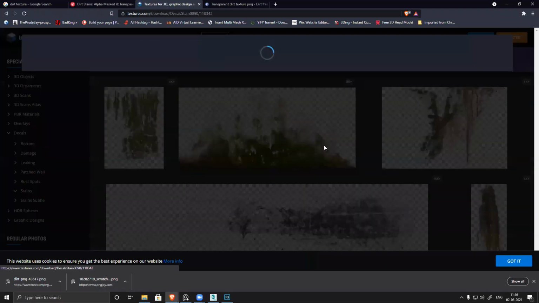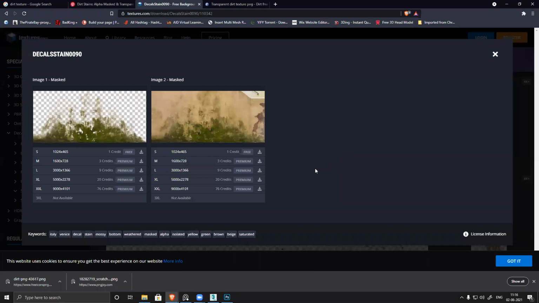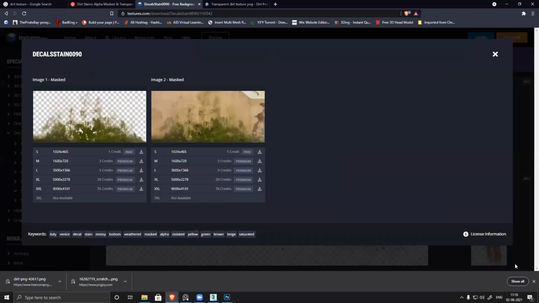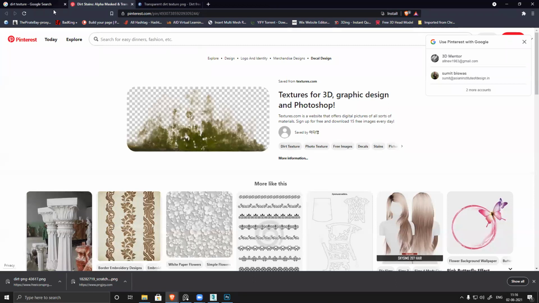From texture.com also I can download. See, it's masked. So I want this. Okay, oh, I don't have a login for this, so I cannot download. I'll create a login later.